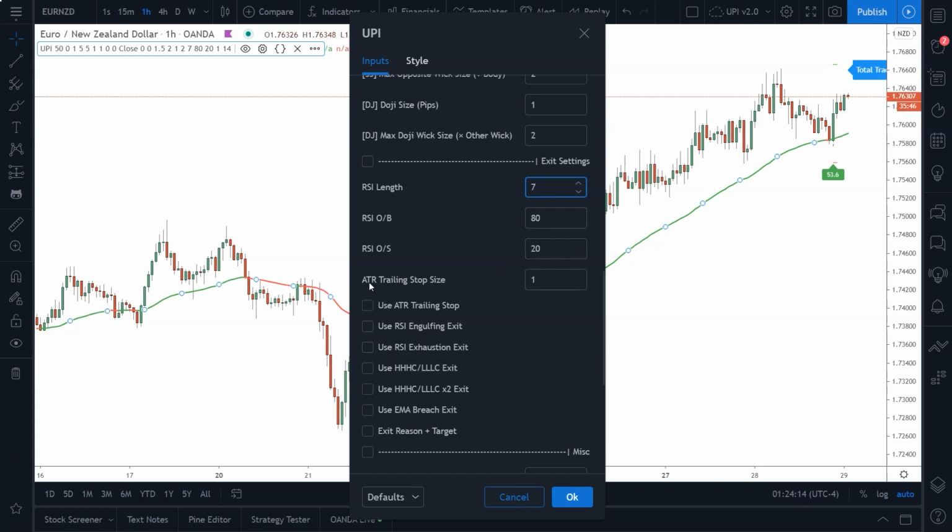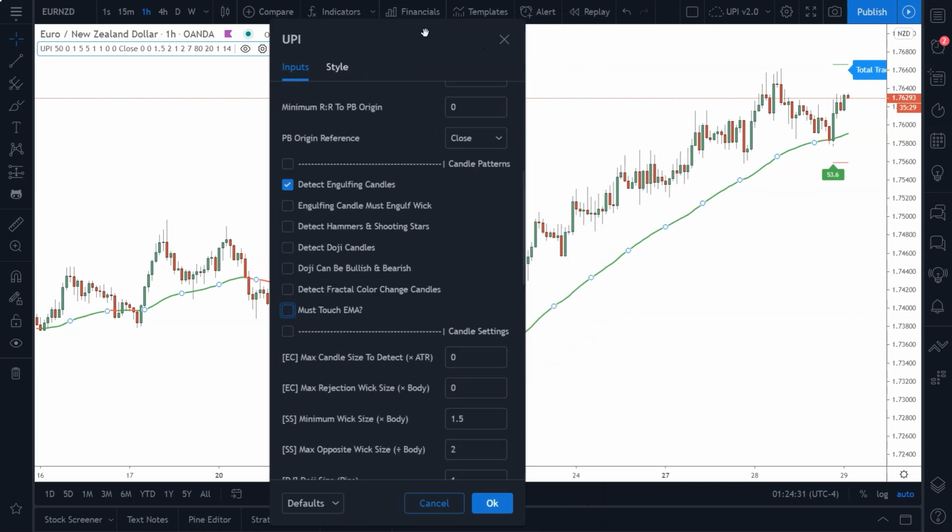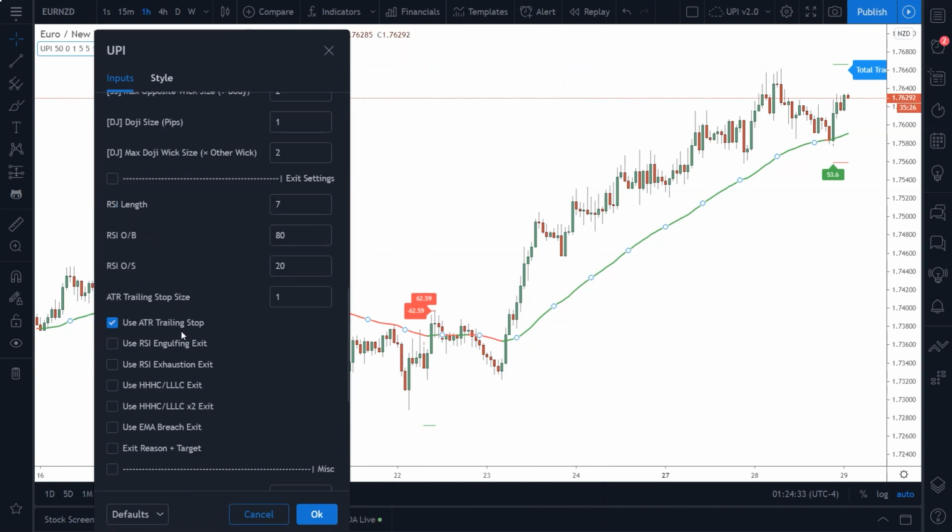Next up, we have the ATR trailing stop size, which is a multiplier of the ATR. By default, if you use this ATR trailing stop, it will be set to a 1 ATR distance below the most recent swing low or swing high. Let me come up here and turn this setting off, and you'll be able to see what this ATR trailing